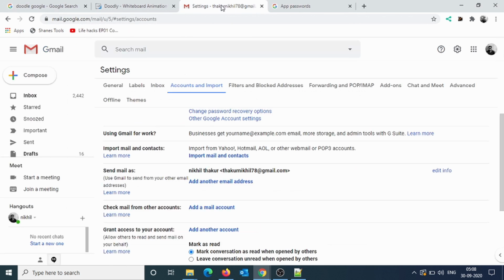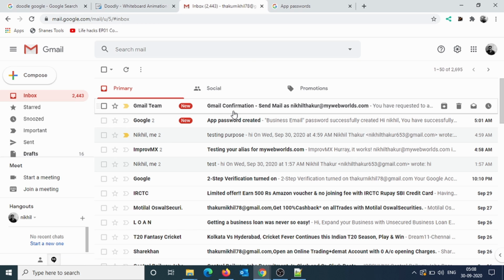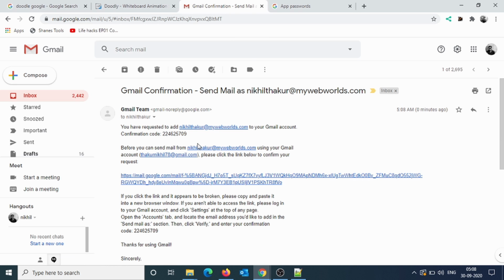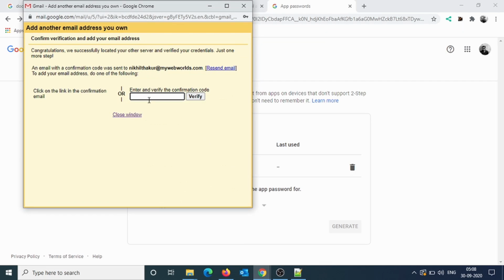Now a verification email will be sent to your Gmail account. Copy the confirmation code and paste it here and click on verify.